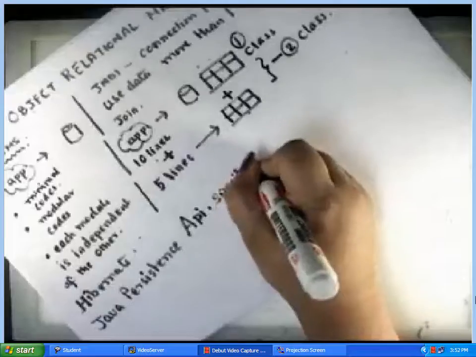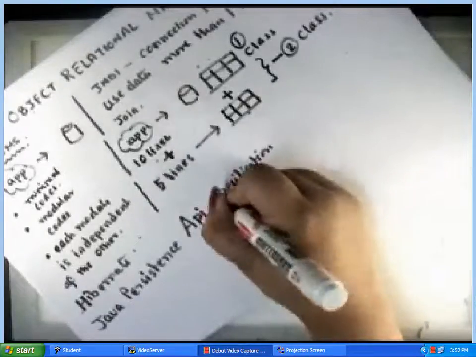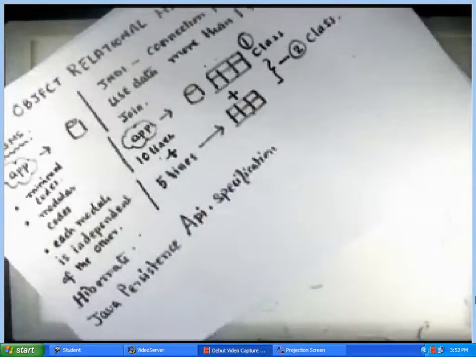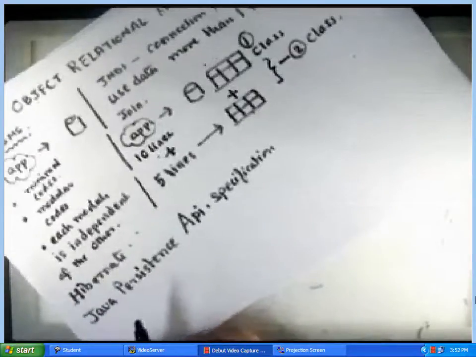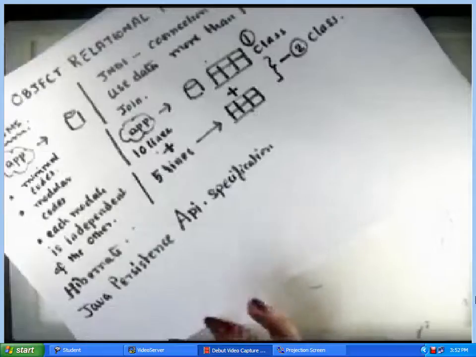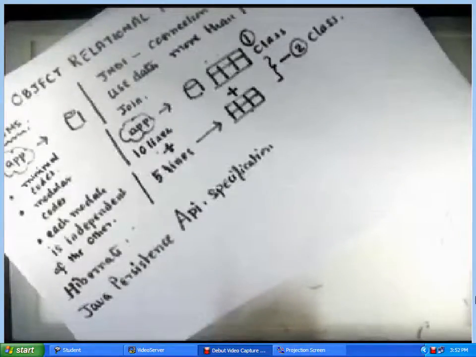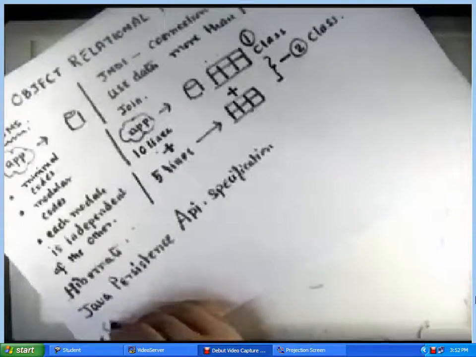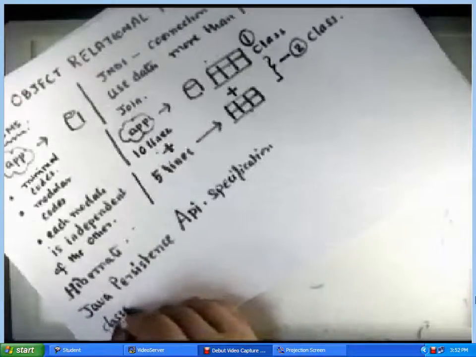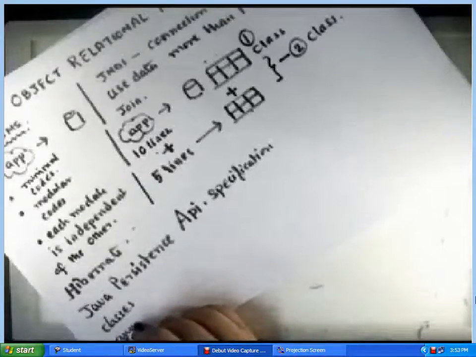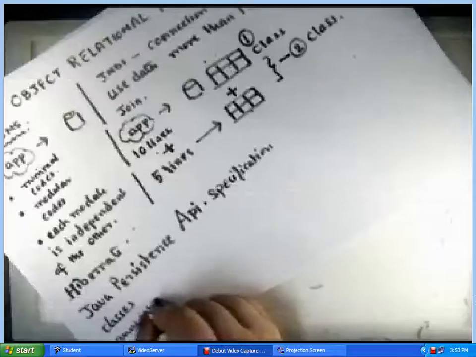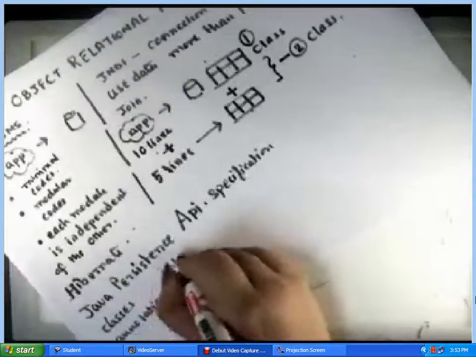It is not a software though, it is a specification which says how the persistence entity, how the database or the storage system will be managed. How data will be managed in the database, using certain predefined classes, annotations, interfaces, and so on and so forth,